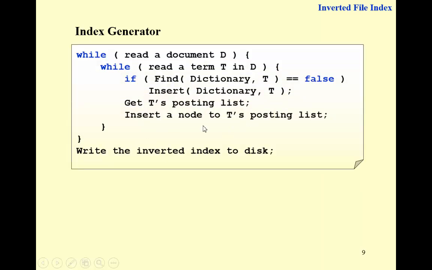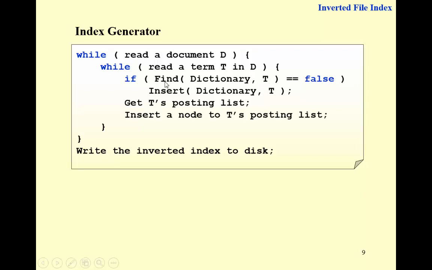And this is an extremely simple pseudocode description of the whole index generator. So we're supposed to first get the spider to fetch all the web pages, or say all the documents, and then enter this while loop. While we are reading documents one by one, for each document, we read the document term by term. While we are reading a term, the first thing to do is to check